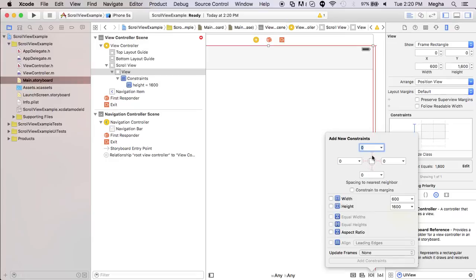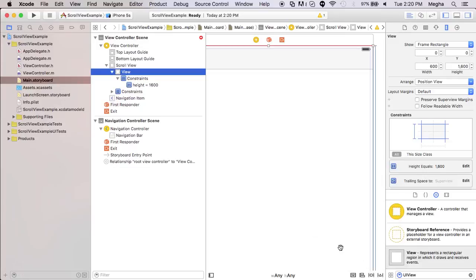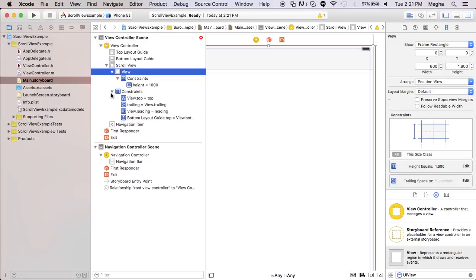Now, if you see there are small pin options. I am sticking the four edges. For example, with respect to the scroll view, 0th position means immediately stick the top position of the view, and the left 0, the right 0, the bottom 0, these things. So on each edge of the scroll view, the view is being pinned. It means it is going to stick. So these four constraints I have added, but still these are not satisfied. Four constraints been added,